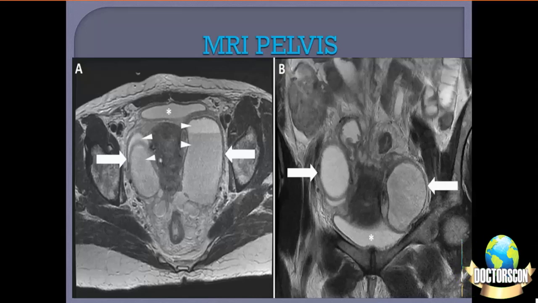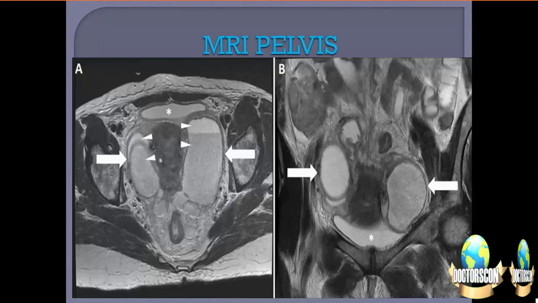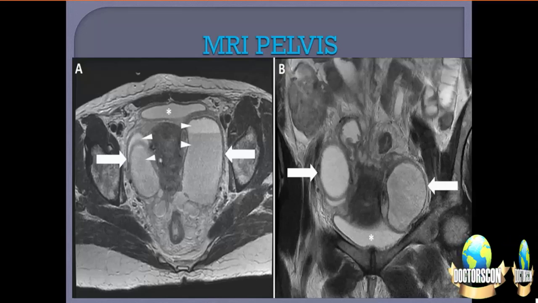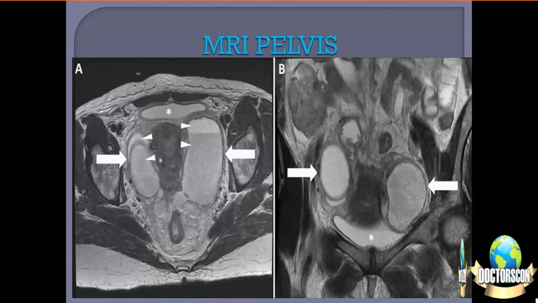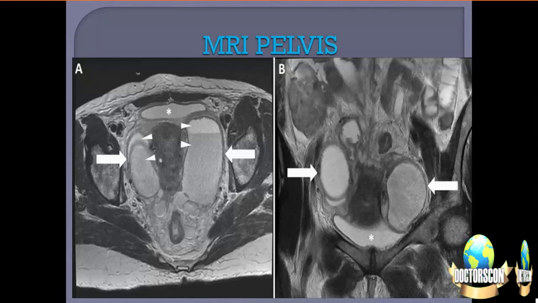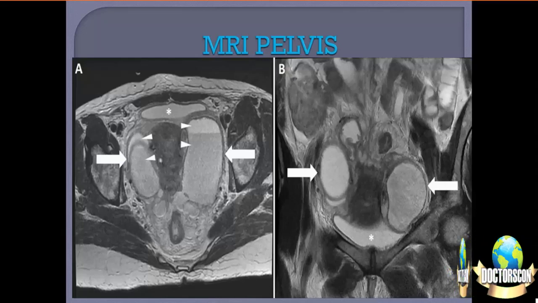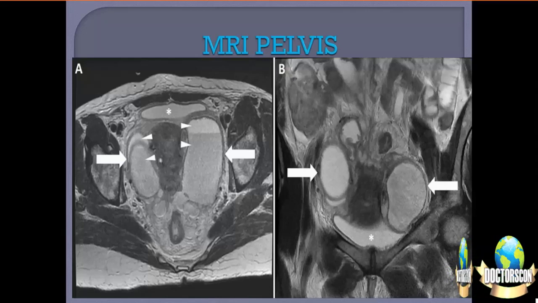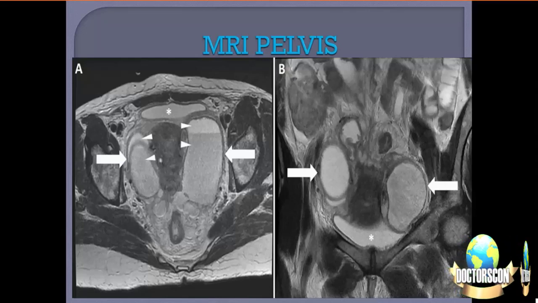Now, in any woman of reproductive age, especially when she presents with lower abdominal pain and some kind of unpleasant discharge, the first test that we need to do is a pregnancy test. A urine pregnancy test is very important because top on the list would be an ectopic pregnancy.